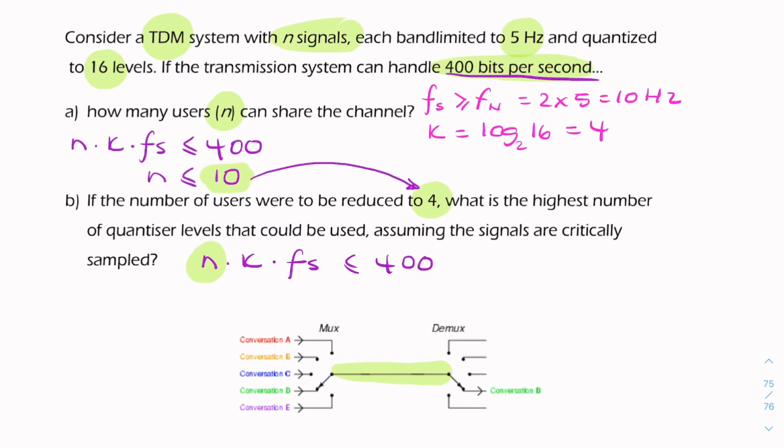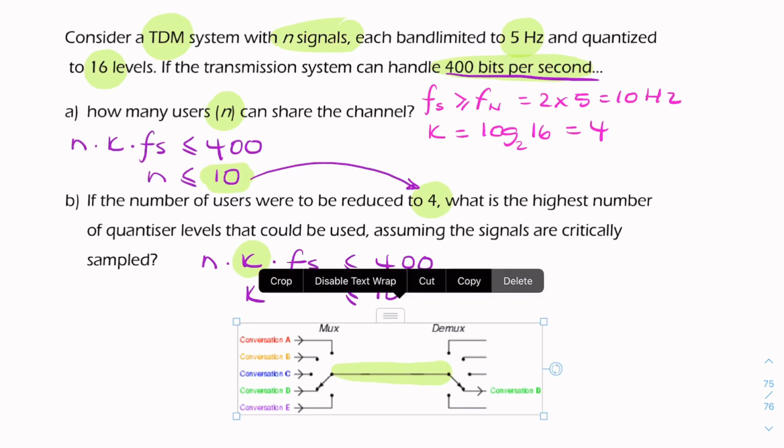We're changing that to 4. What are we finding? We're trying to find k, the number of bits. From that, we'll find the number of levels. So if you solve for k